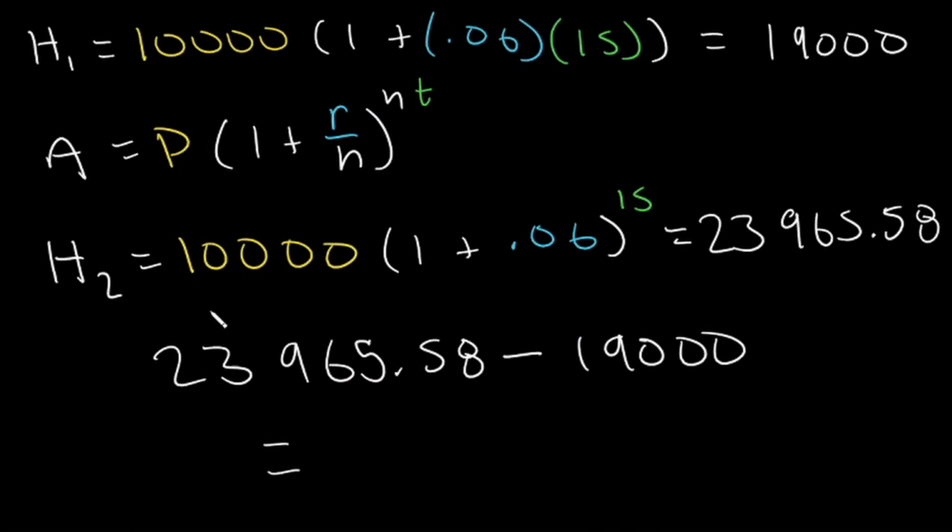So we don't even need our calculator for this. We can just solve it like this. So the way I would solve this in my head is 20,000 plus 3,965.58. I would split up Human 2's money like this, and then I would subtract 20,000 minus 19,000, which is